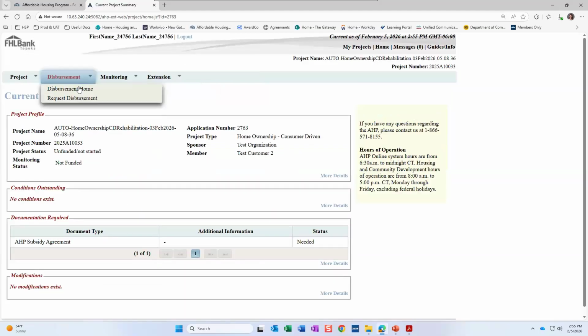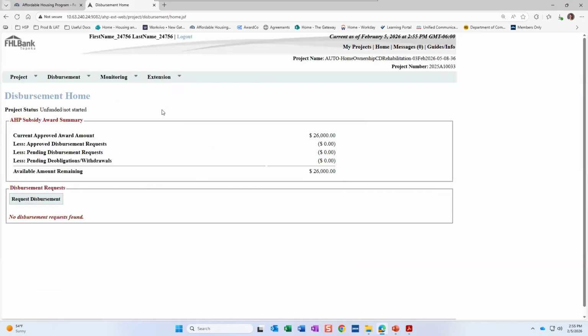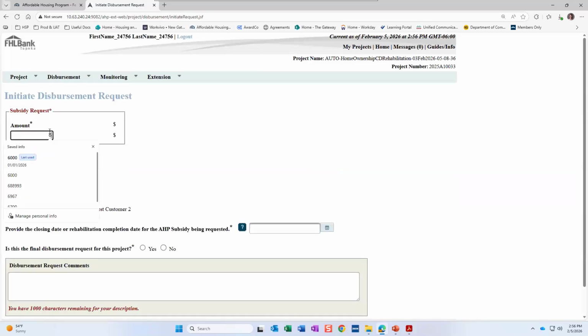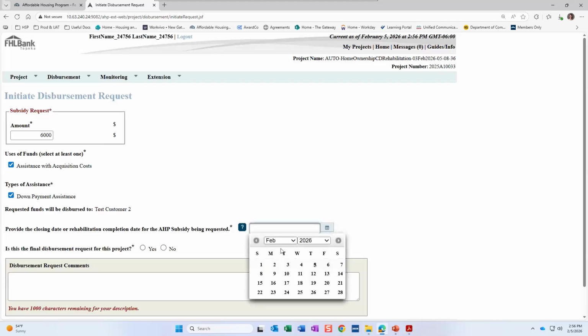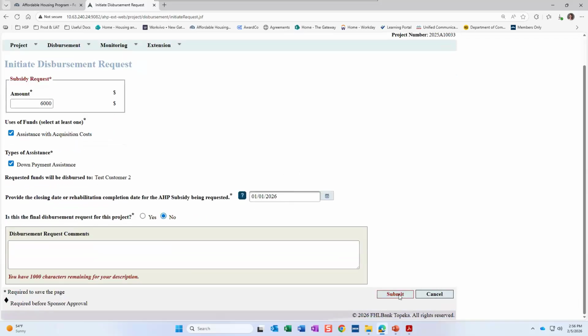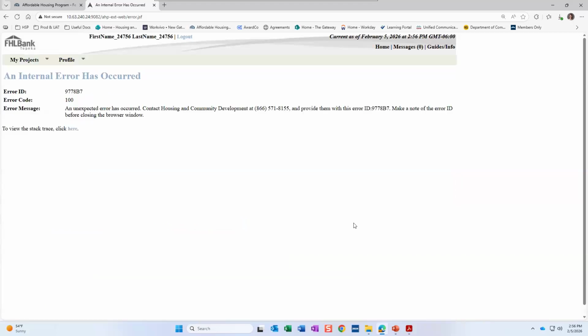Okay. I am going to utilize a rehabilitation project. The screens are nearly identical across the board. So I will point out any differences that occur, but really we shouldn't see. Oh, this one's showing me down payment assistance. Don't we love computers? Okay, this is not going to cooperate today. All right, we're going to use a separate system. I apologize for the technical difficulties here.